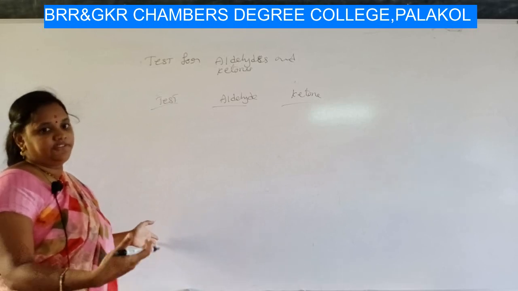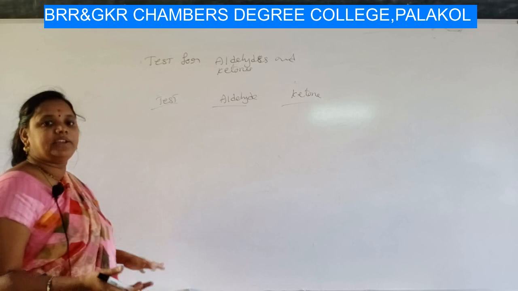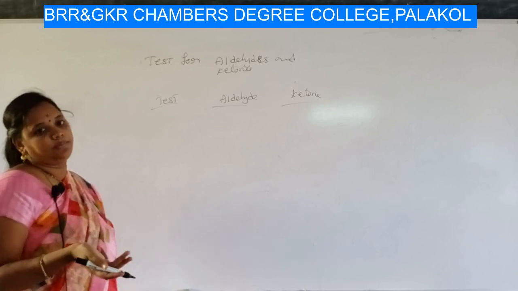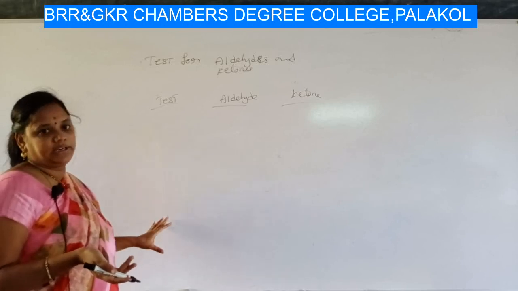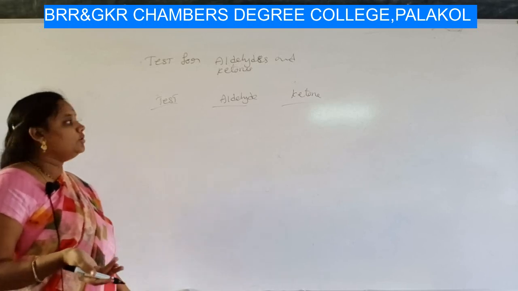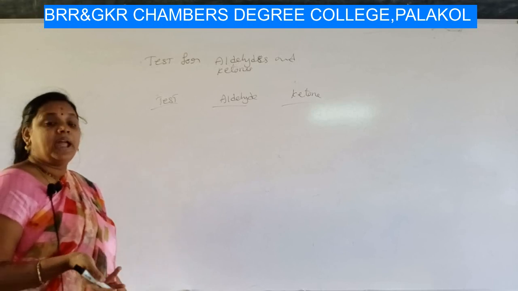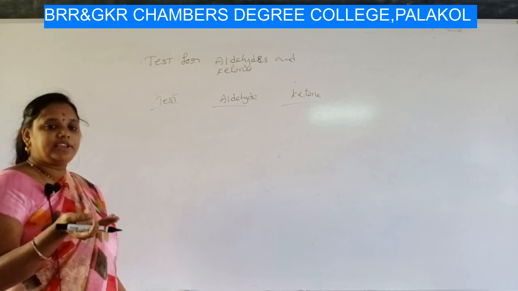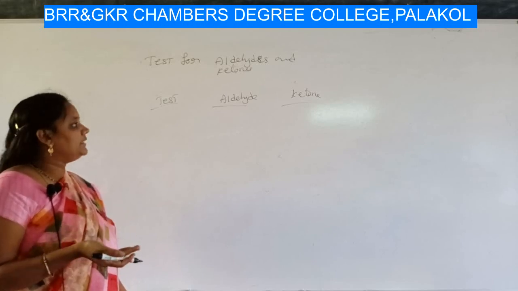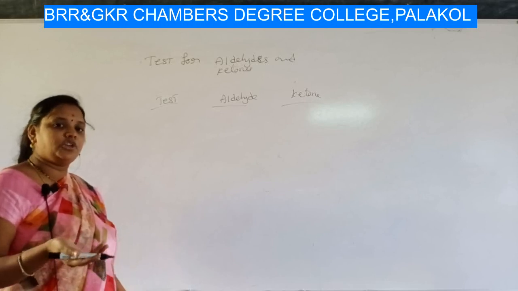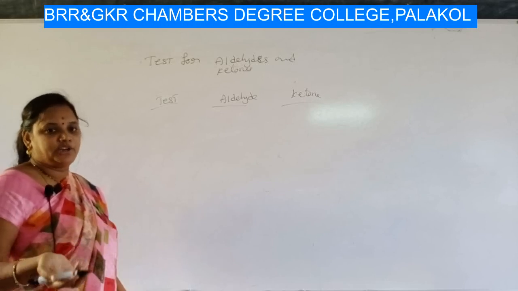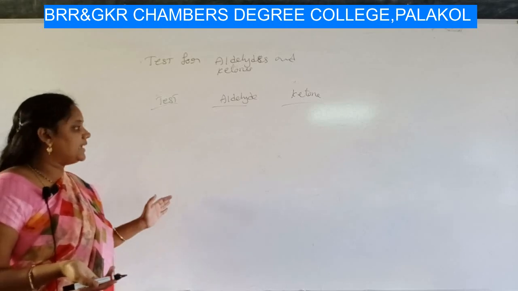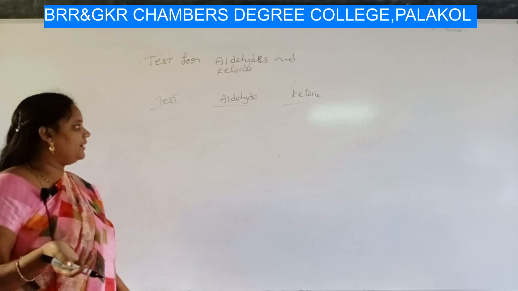Generally, in final year chemistry practicals, they will give an organic compound and ask you to find out the functional group of that organic compound. So these tests are very important. You will do them practically in your lab to differentiate between aldehyde and ketone and to identify whether the functional group is an aldehyde or a ketone. By doing this test, you can easily identify the functional group. Please remember the tests, students. The test will be very beautiful.